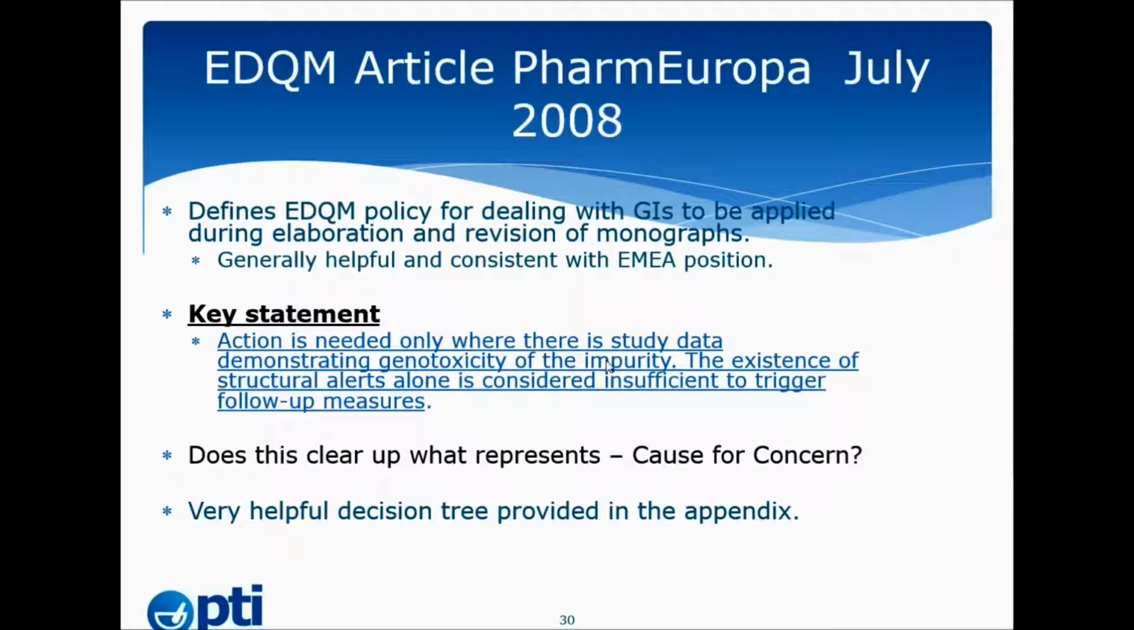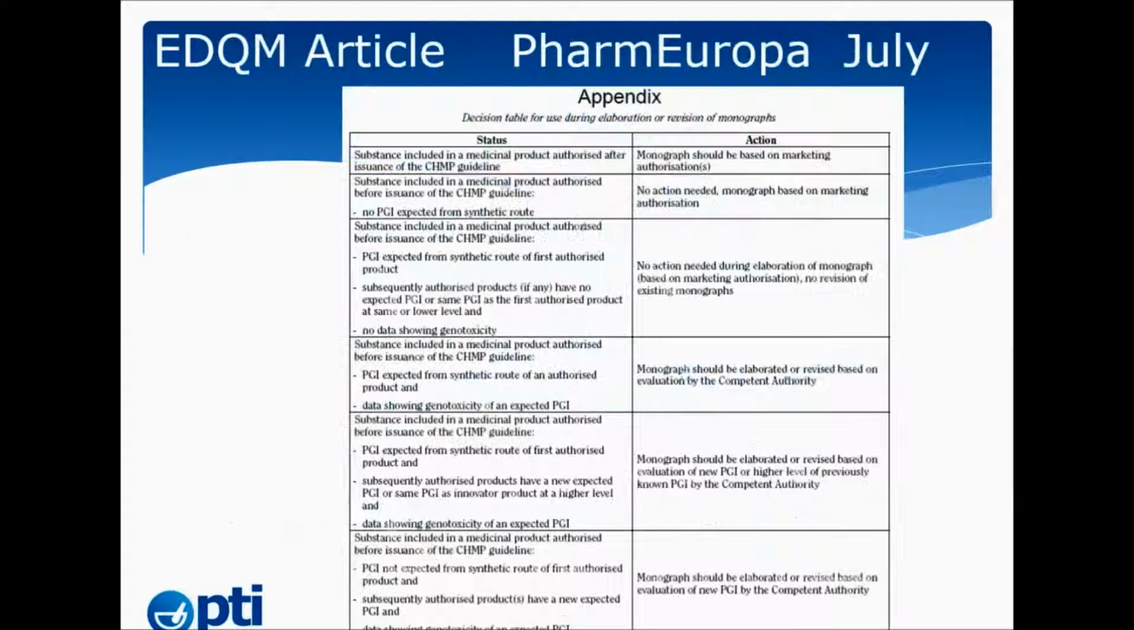It said that action is needed only where there is study data demonstrating genotoxicity of the impurity. The existence of structural alerts alone is considered insufficient to trigger follow-up measures. This is of course relating to an impurity in an existing product. And it also went on, and provided this very helpful appendix showing a series of scenarios